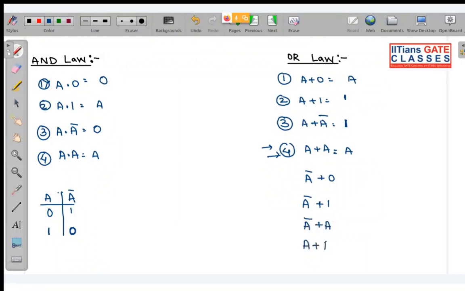Or over you can write a complement plus a complement. So you can have 4 more cases over here with the complements also. So this will be what? A complement. This will be, sorry, 1, this will be 1, this will be a complement. So these are, means I am not writing any more of these things. Okay,